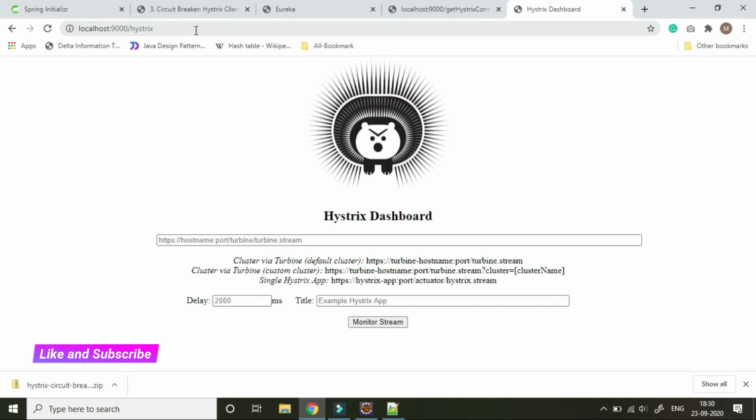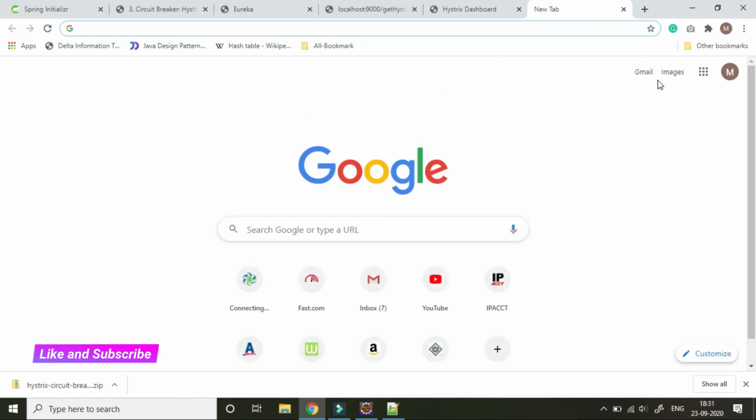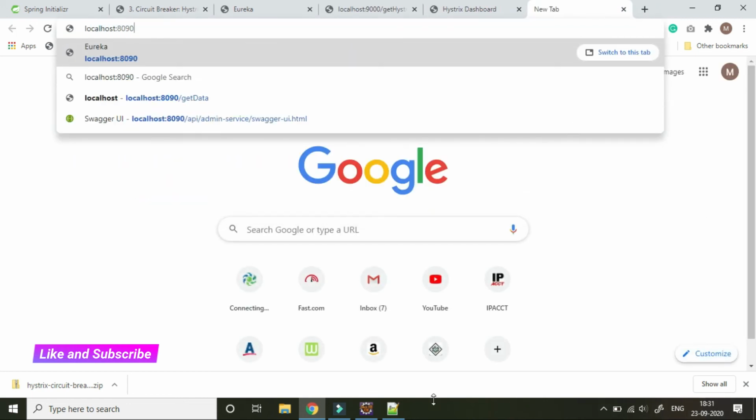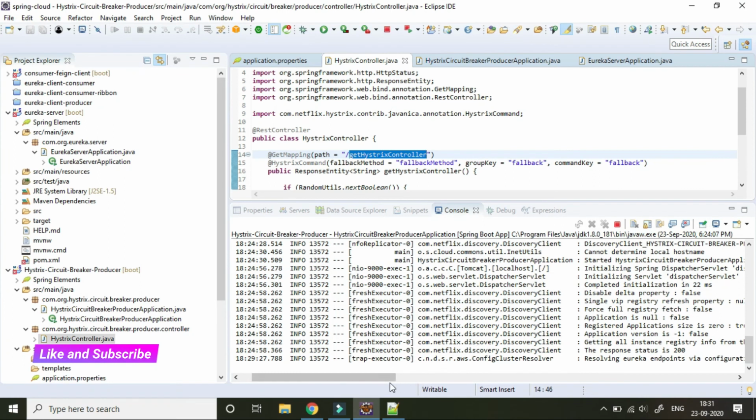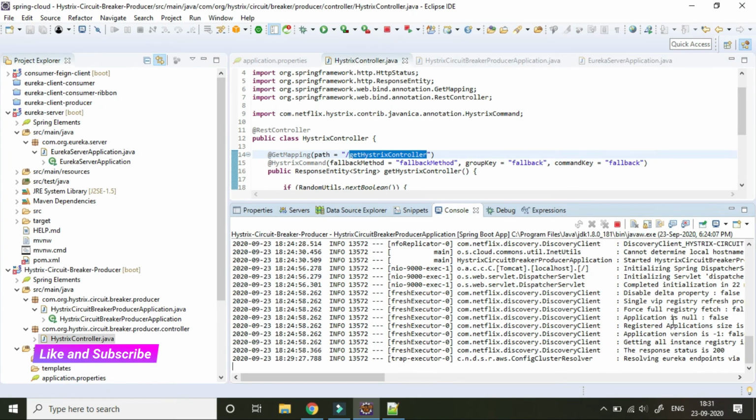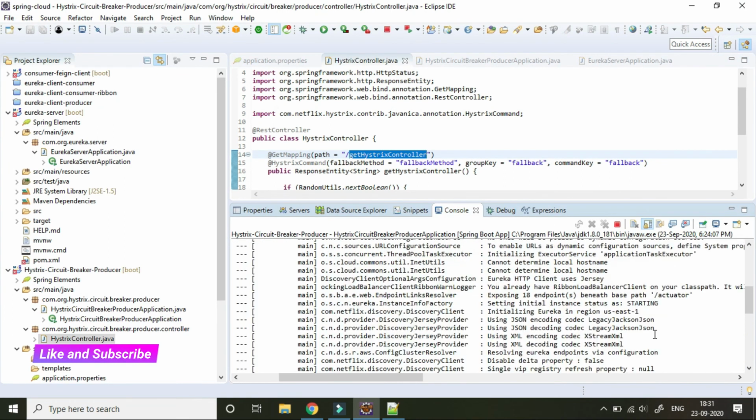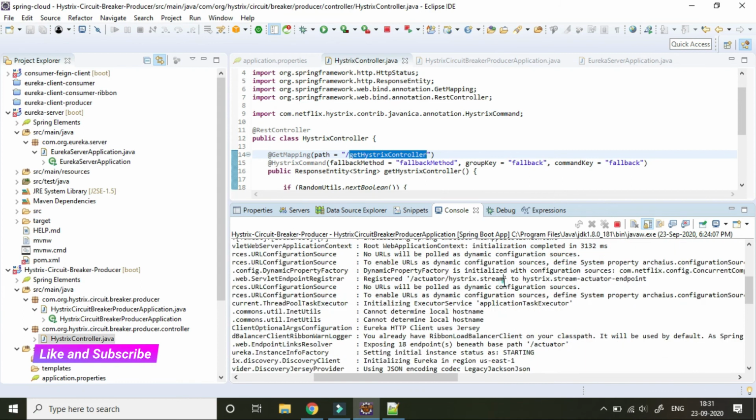For example purposes, we are using the same application for the dashboard as well as the application. Next we have to provide the Hystrix stream. If we go over there, you can see there is the actuator Hystrix stream endpoint, this one.